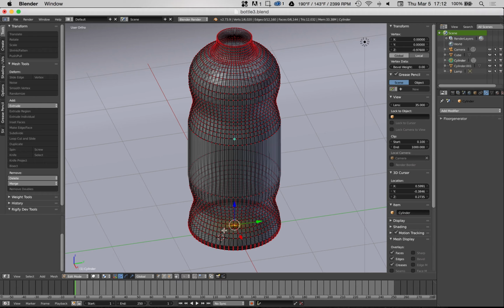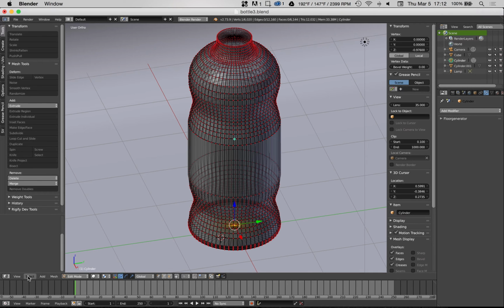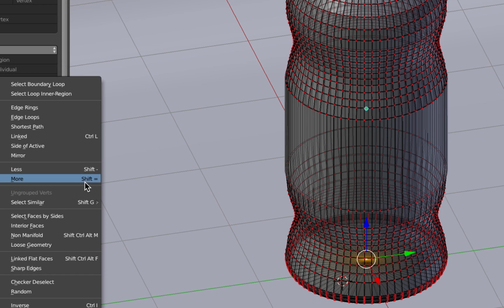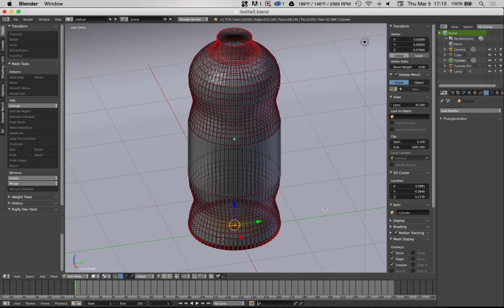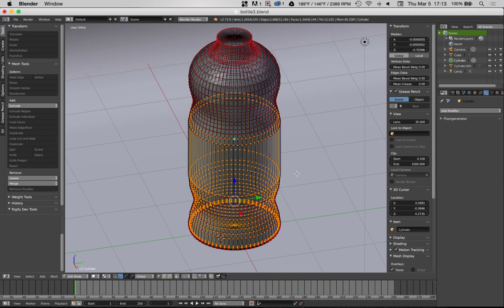So to do that, I want to select more. And I'm on my laptop, so I don't have the control numpad plus option. So what you have to do is come over to select and notice what the shortcut is. There should be a select more option here. Select more. You can see that right there. So here I've reprogrammed it for shift equals and shift minus. And so I'm going to be hitting that and seeing that selection grow. Shift equals, you see it popping up. And so I'm just going to carry it all the way up